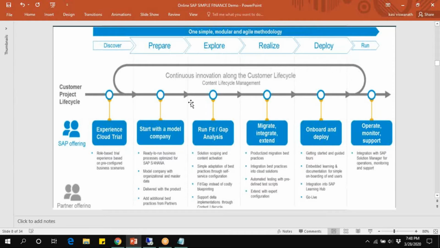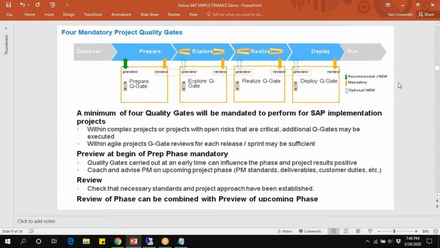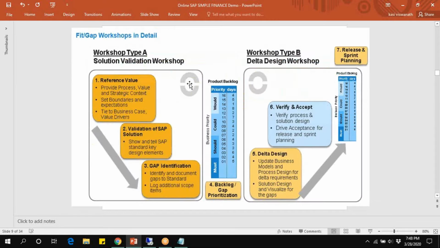So in HANA Finance, we use this active methodology. Even our practical sessions follow it. Here, discover: prepare a questionnaire, gateway methodology, and explore the principles, realize the principles, deploy the principles, and run the SAP platform.